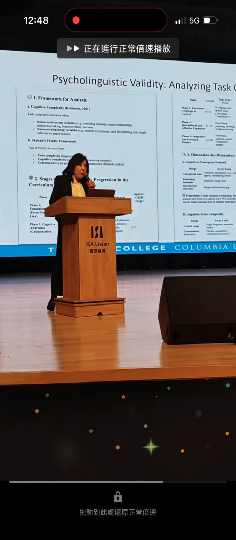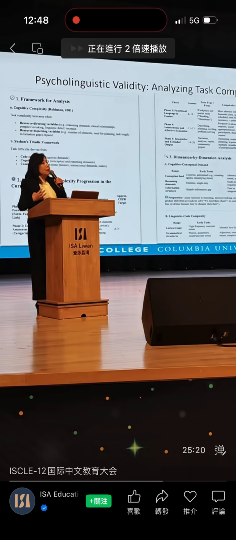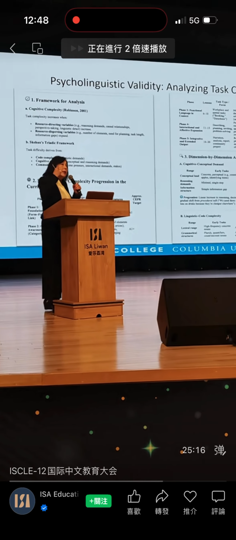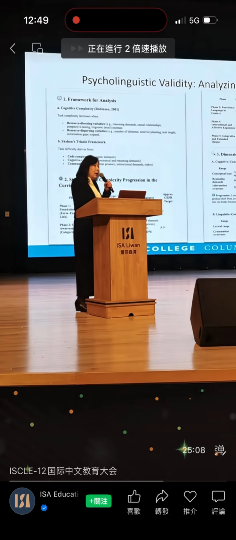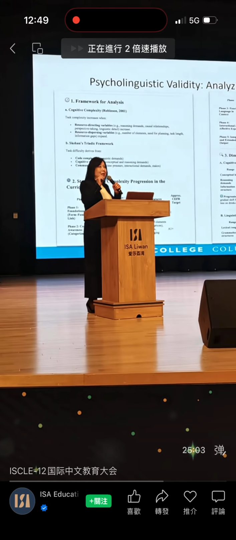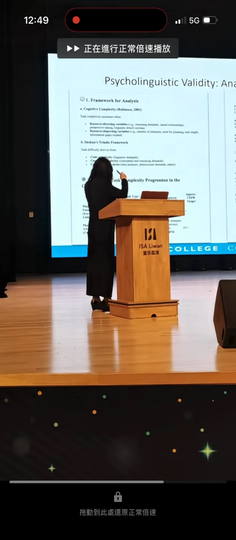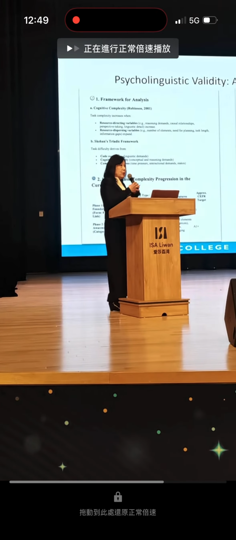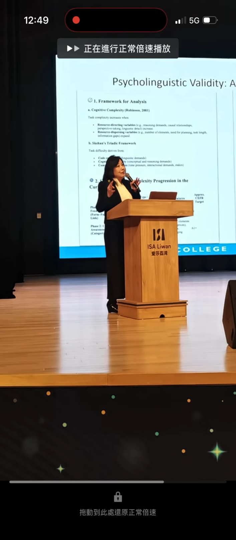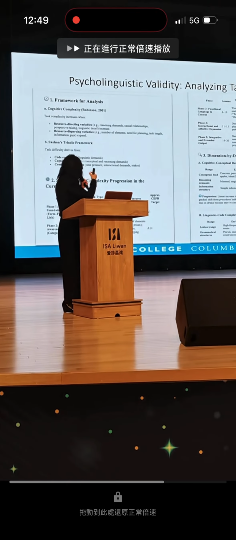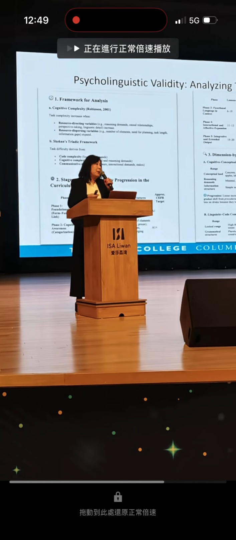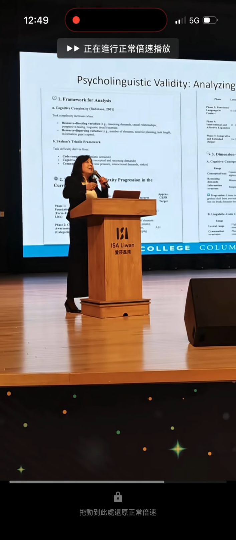So what we can do is continue to interact with ChatGPT or any other large language model to help us assess the psycholinguistic ability of the tasks generated by AI. In this case, you see an example of ChatGPT analyzing a psycholinguistic construct called task complexity. Once again, this process is very efficient. In just a few seconds, ChatGPT produces the output that gives you a very comprehensive view of what is entailed